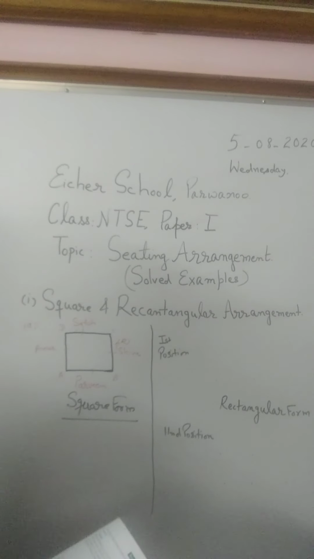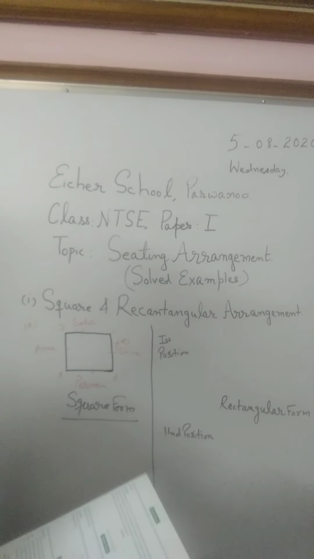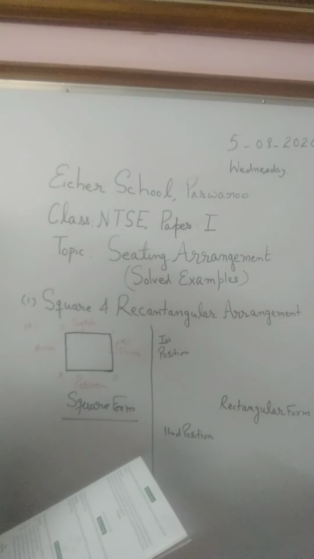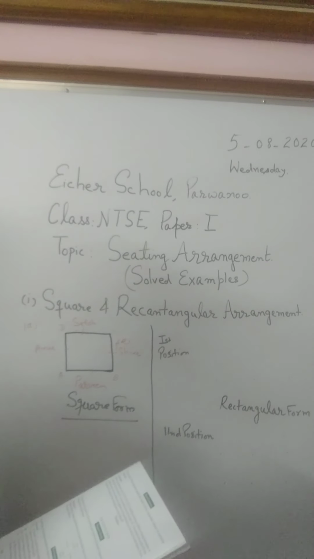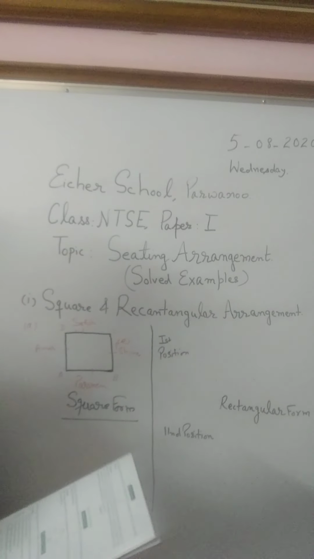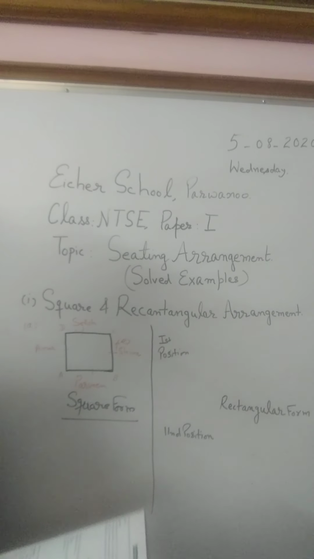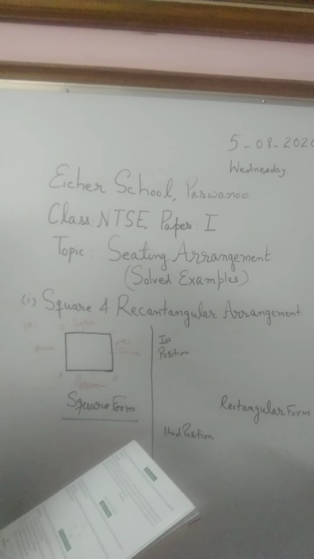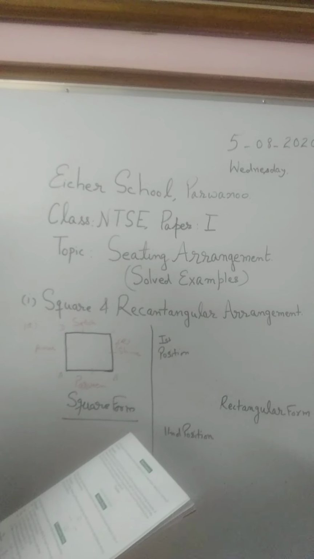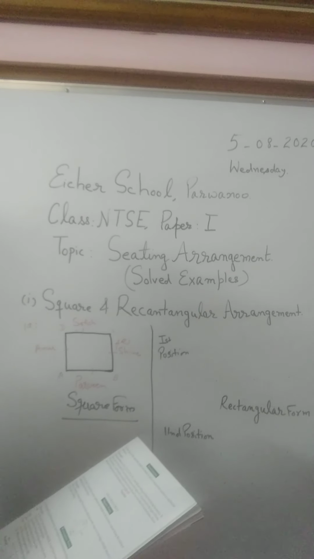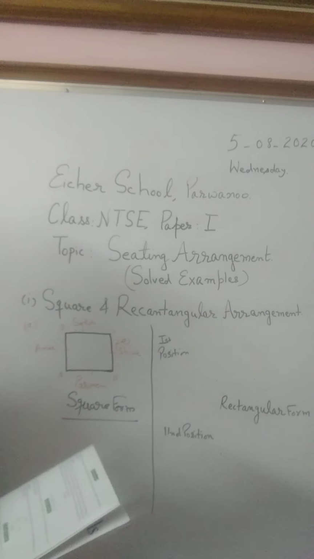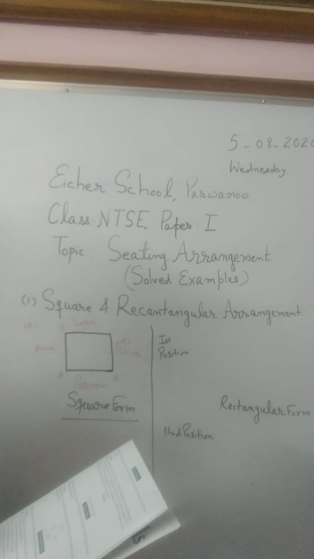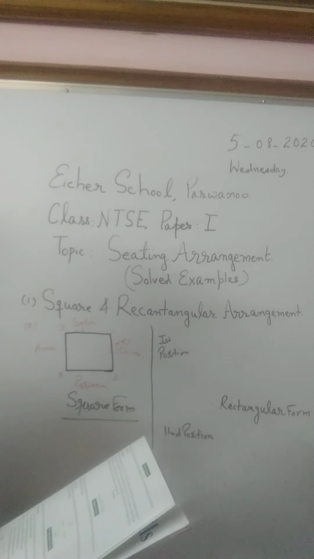Second thing is someone will sit opposite to another, and the number may be more than 4 candidates, or it may be 5, 6, 7 as well. Now I am explaining it with the help of an example. See on the board: A, B and C are 3 boys while R, S and T are 3 girls. The total students are 6. A, B, C are boys and R, S, T are girls.